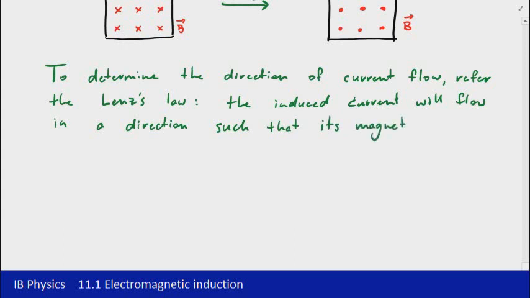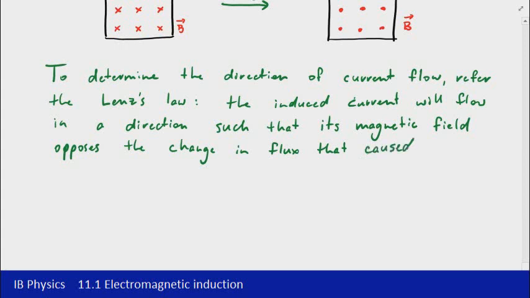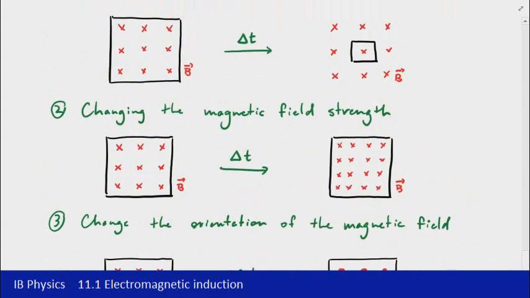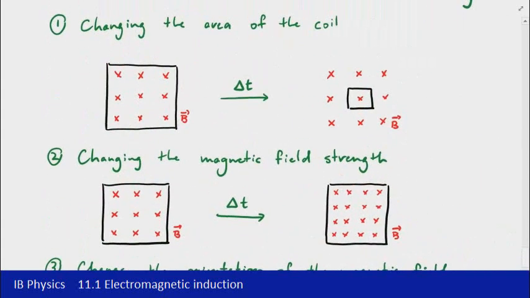So the magnetic field that is induced by the current opposes the change in flux that caused it. So we're not just saying now that it's the change that caused the current to flow, it's specifically the change in flux that induced the current. So if we go back and have a look at these three scenarios, I'll just notate them very briefly. We can have a look at them in more detail. It is a pretty tricky concept to get your head around, but hopefully we'll be able to expand on this